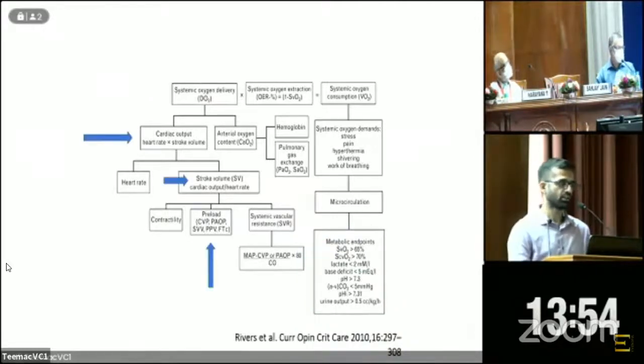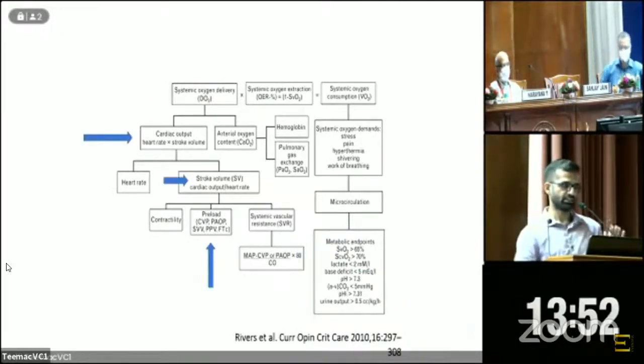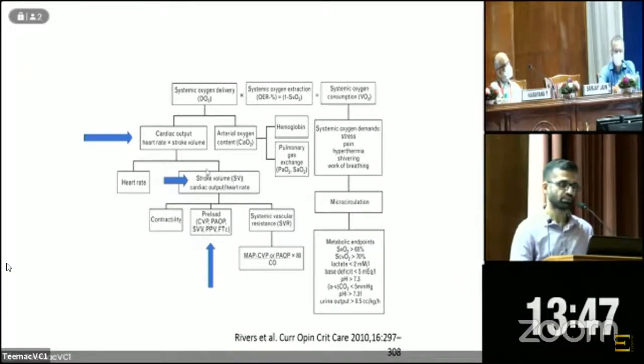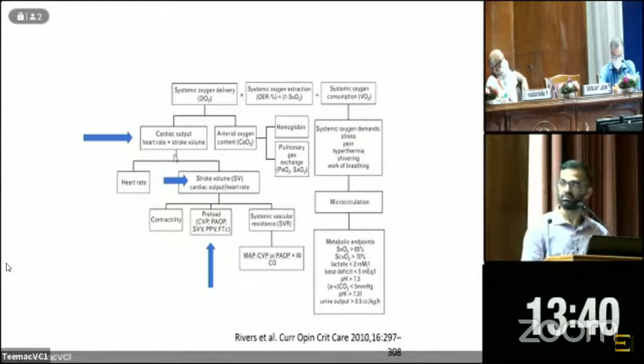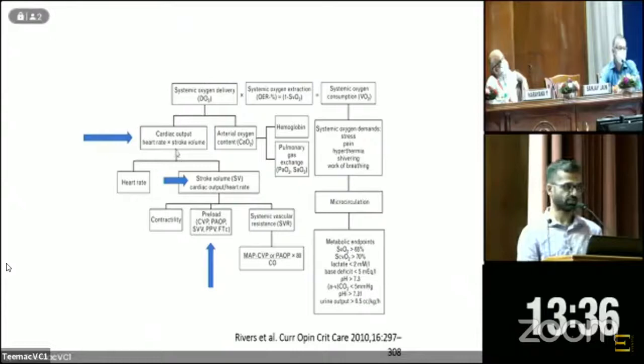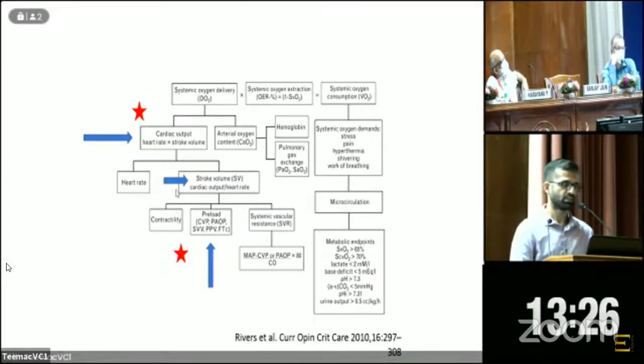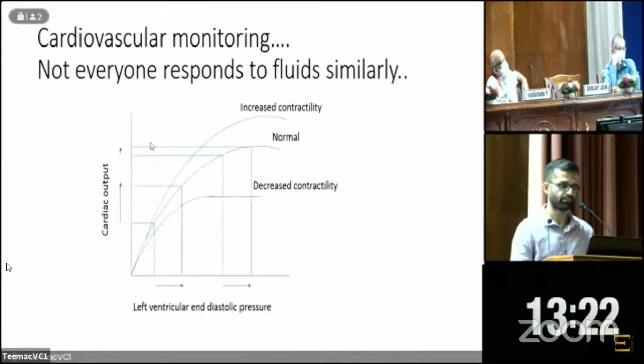So there are early points where one needs to identify patients who are at risk. One is the cardiac output measurement, the second is the stroke volume measurement, and third is the preload. The gold standard for all these would be cardiac output measurement by invasive arterial catheters, PICCO, LiDCO, and the FloTrac system, which are recently available. These are the two places where ultrasound can help at the bedside. The first is the preload assessment, and the second is the cardiac output assessment, which we'll be seeing subsequently.